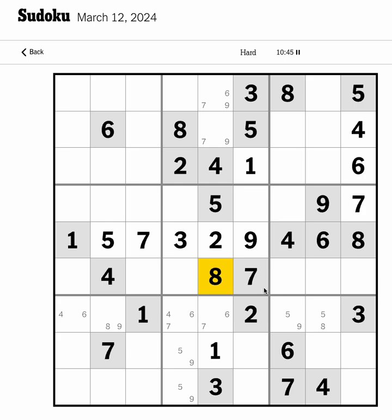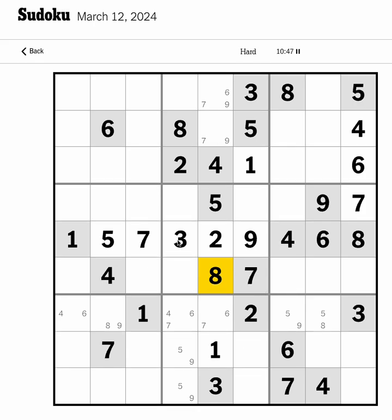Yeah. Let me just make sure I'm doing it right. 1, 2, 3, 1, 2, 9. Okay. And this one now blocks here, so 1 comes here, which makes these two 2 and 9, and 9 is here, so this becomes 2, and this is 9, makes this 5, and makes this 8, and makes this one 9, and that leaves only one number for this box, which is 2,